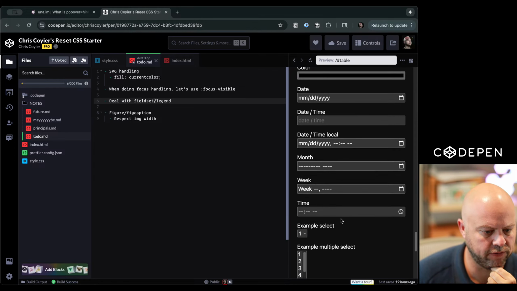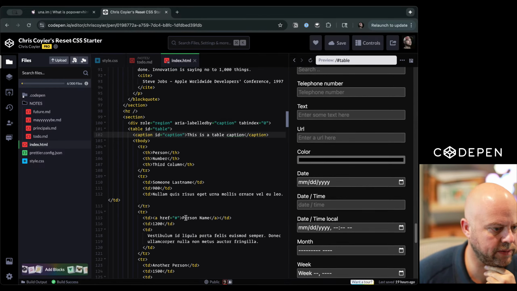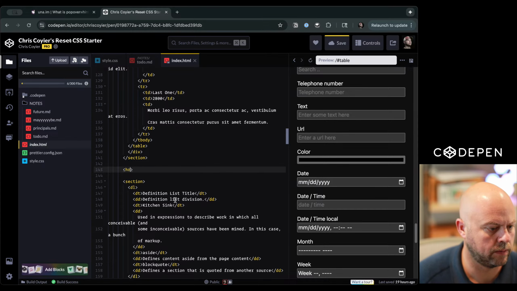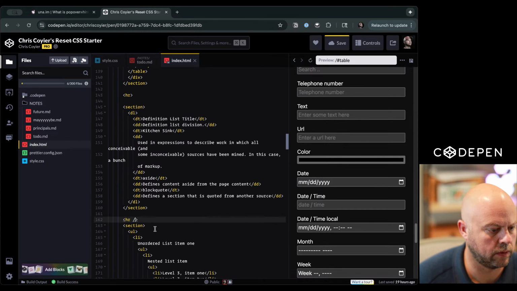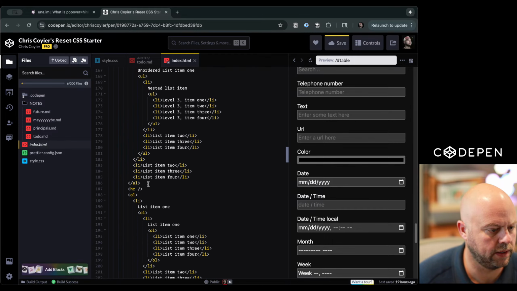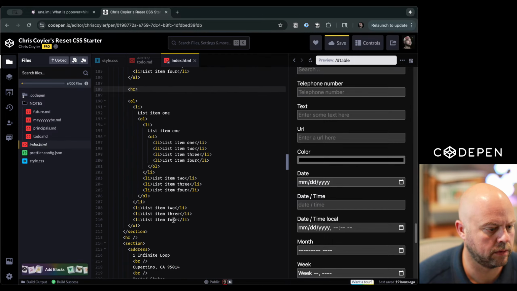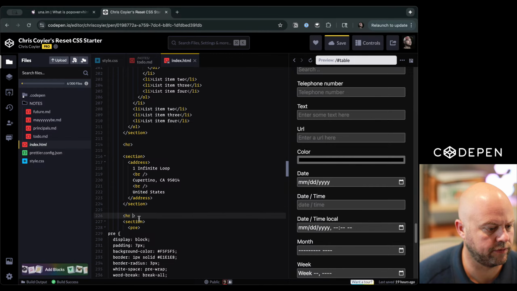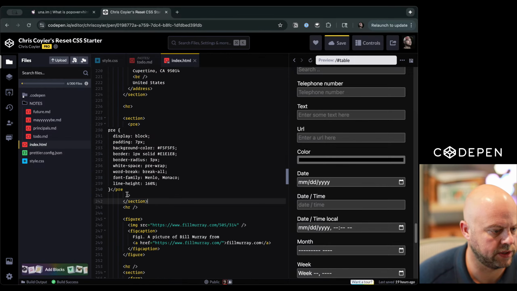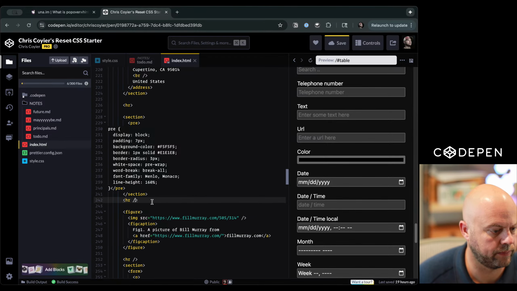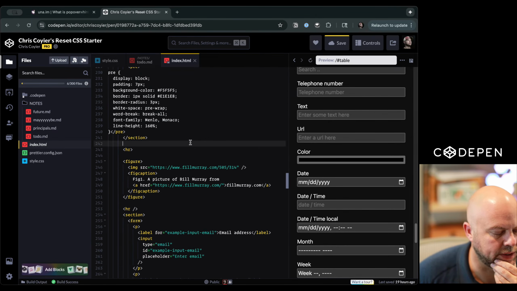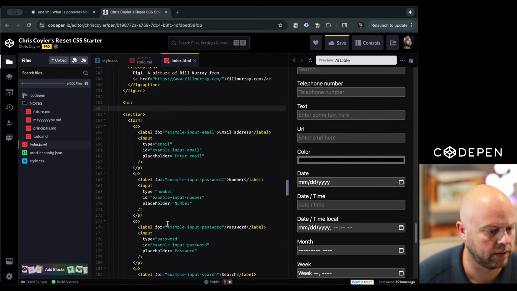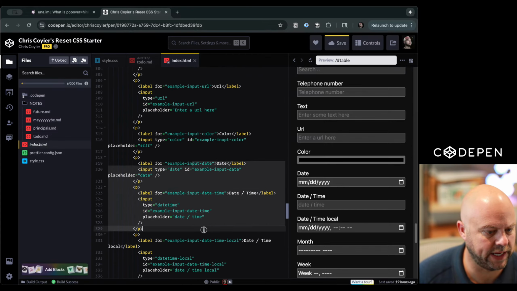We don't have anything in a field set. Let's do that in the HTML quick. Unordered list. Address, fine. Might as well clean this up as we go a little bit. Figure fig caption, I don't think we've dealt. That's hopefully almost definitely on the to-do list. So why don't we wrap the time, like the date ones, in a